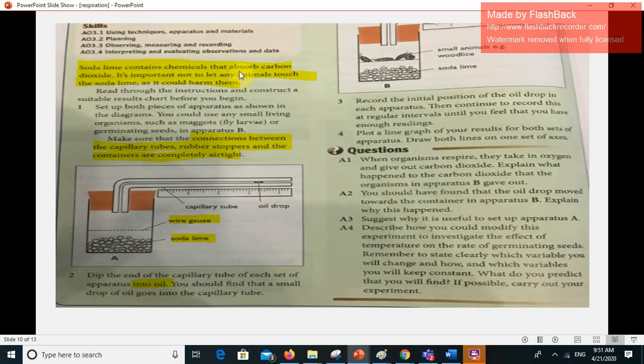So you have to know these two things that are highlighted. You have to know how the apparatus is set. Inshallah, you're going to have questions about how to measure the rate of respiration using this apparatus, either by peas or by wood lice. You have to know how to answer the question.